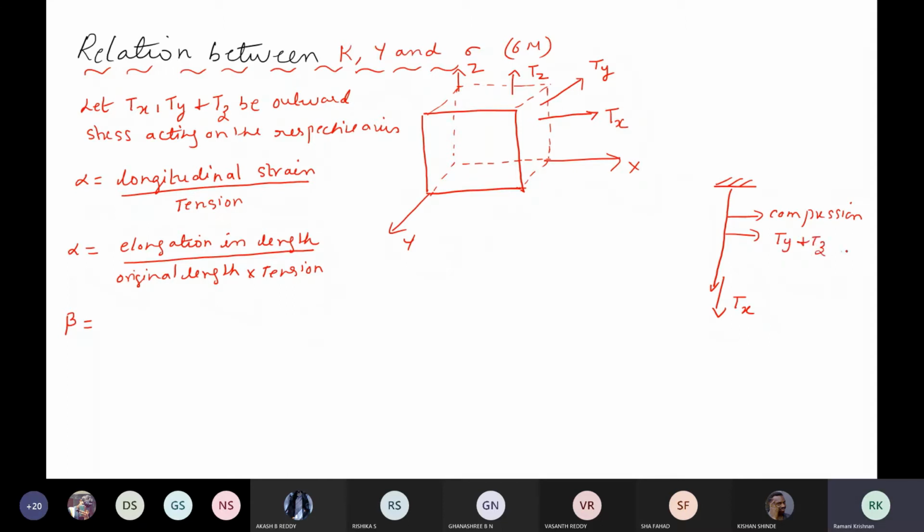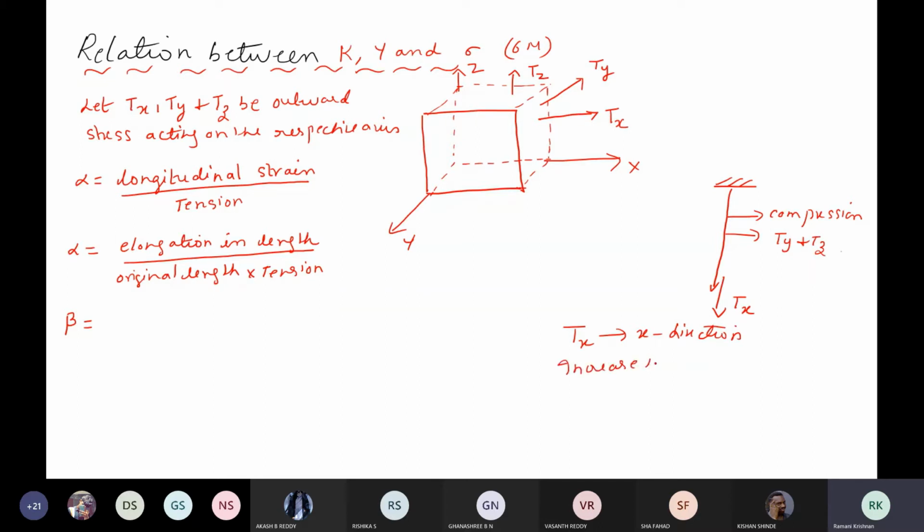Are you understanding? Because all these three forces, Tx, Ty, Tz, are perpendicular to each other. If Tx is acting in x direction, the two forces are acting perpendicular to the x direction. So which are the two forces? Ty and Tz. Okay, so what are Ty and Tz trying to do? They are going to expand or compress. This concept, if it is clear, we can go ahead. Students, Tx will always act in x direction. What is it going to do in this case? It is going to increase the length of the cube.